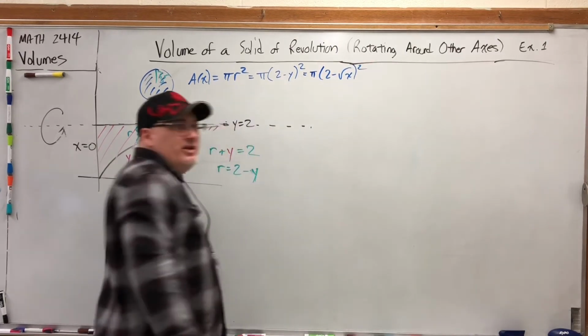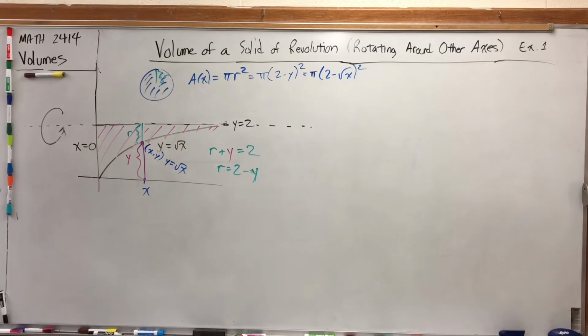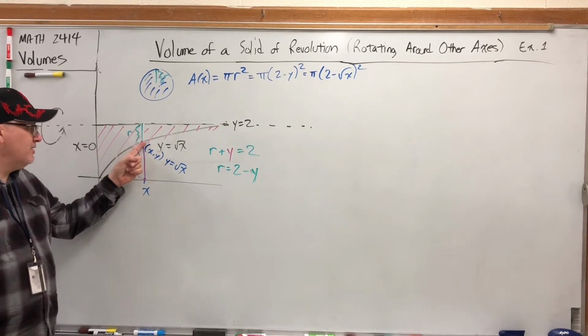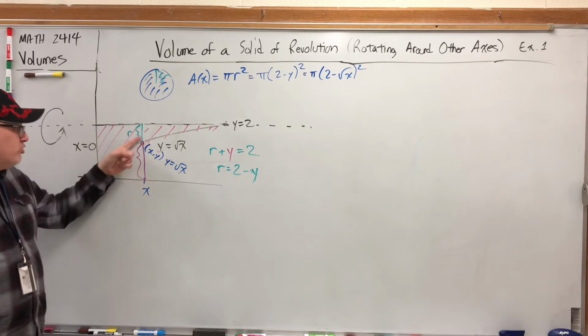So it's a little bit ugly, but it's the right expression. When you rotate around a different axis, you have to dance around it really carefully, because a piece of the lambda will represent the radius that you want for your formula, but that radius will not directly be a coordinate of an ordered pair. So you find an ordered pair that touches the radius, and then introduce, in this case,